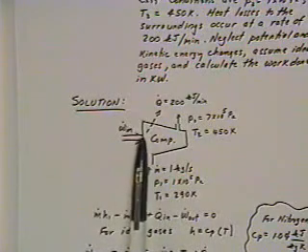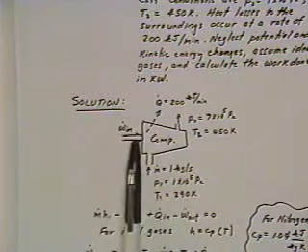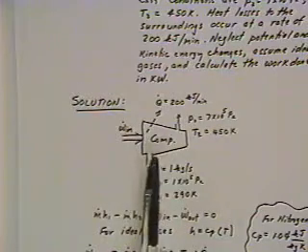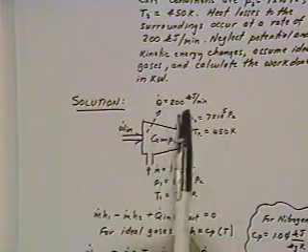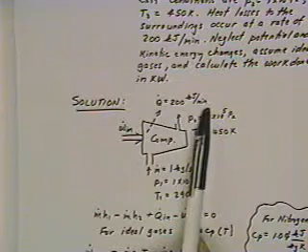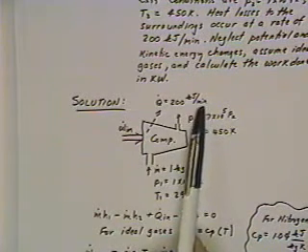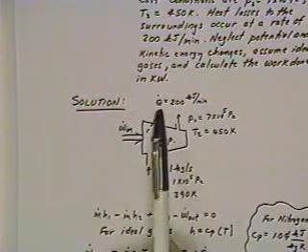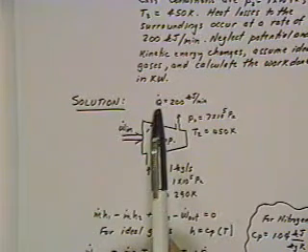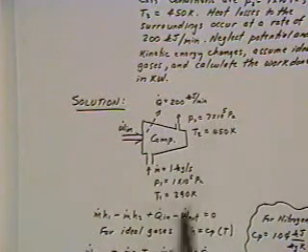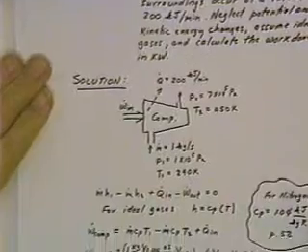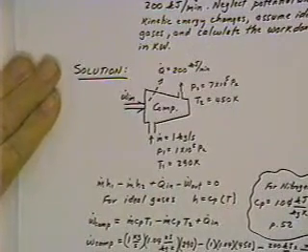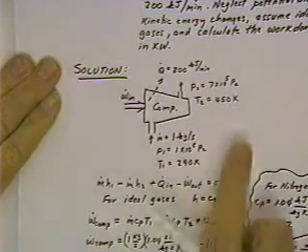We've got a work input device, of course, for a compressor. You have to put work in to make the compressor operate. We have heat losses in the system, 200 kilojoules per minute. It is losses, so therefore the Q term is negative when we plug it into our equation. And then the exit conditions here, pressure and temperature, are given as 7 times 10 to the 5th pascals and